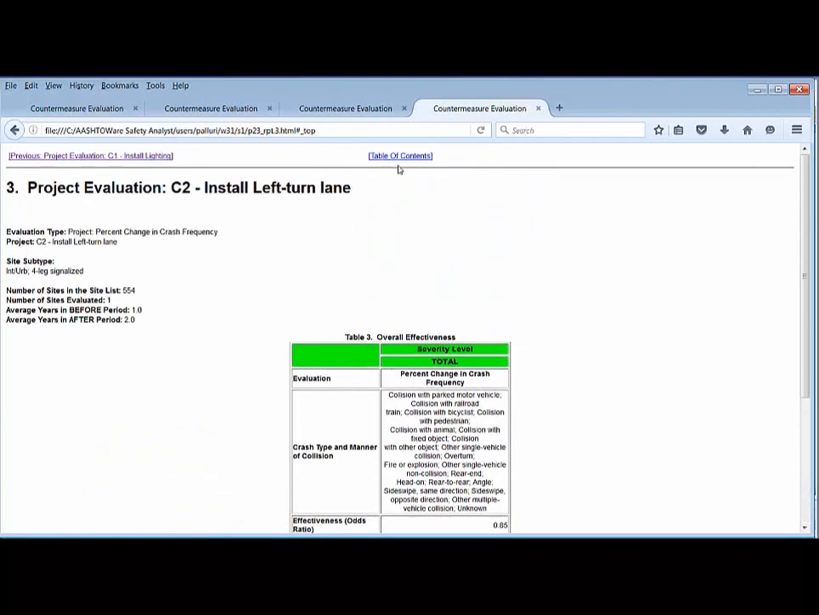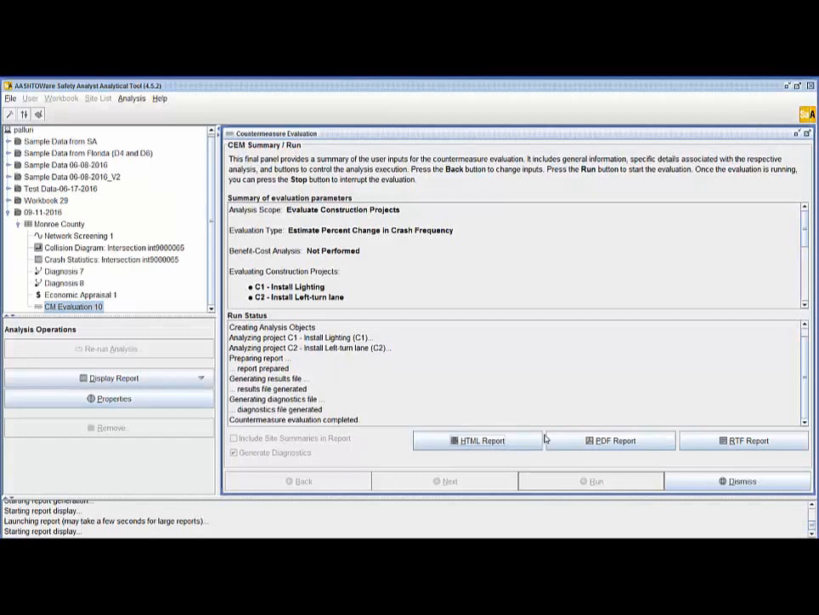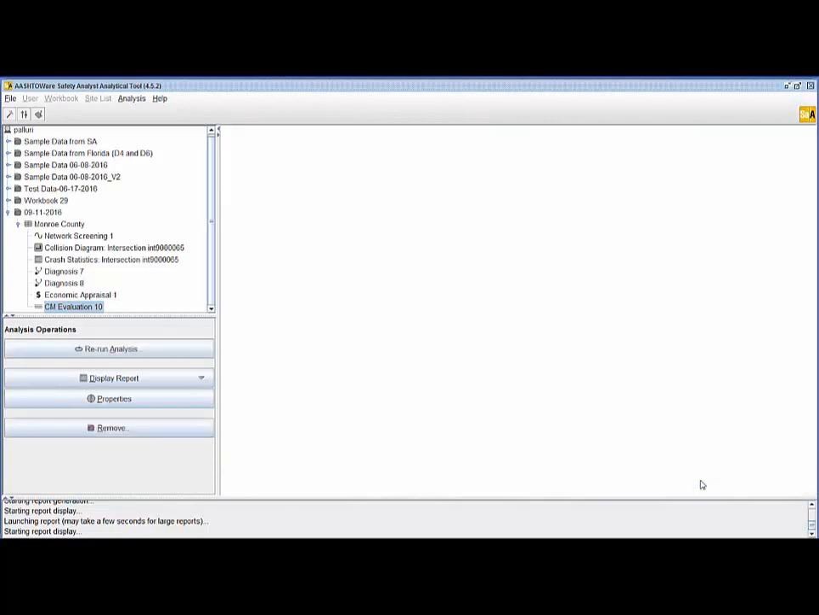That is all that there is to the countermeasure evaluation module. So let me go back to table of contents and close the browser. Again, if we want to, we could view the report in a PDF or in an RTF format, or we could dismiss. So far in this exercise, what we have done is we have created a new workbook 09/11/2016, and